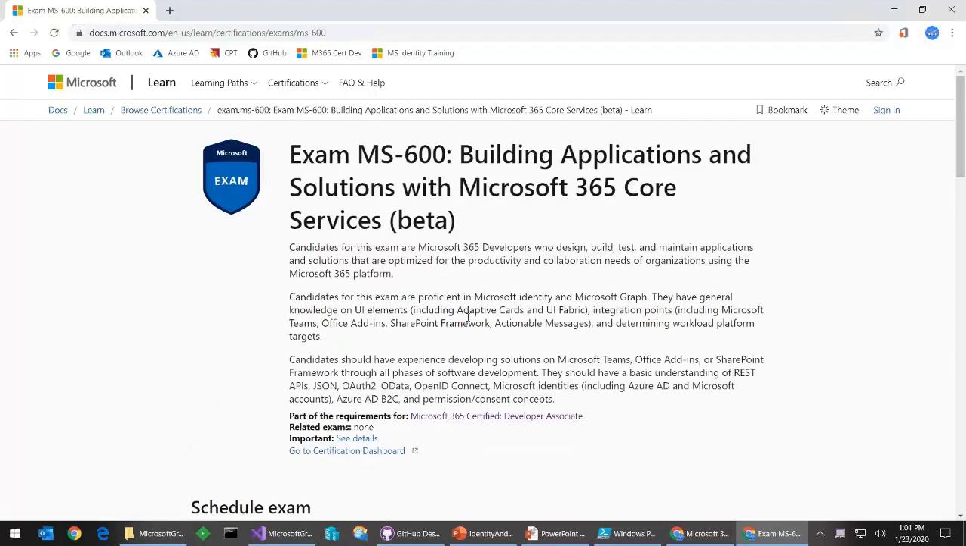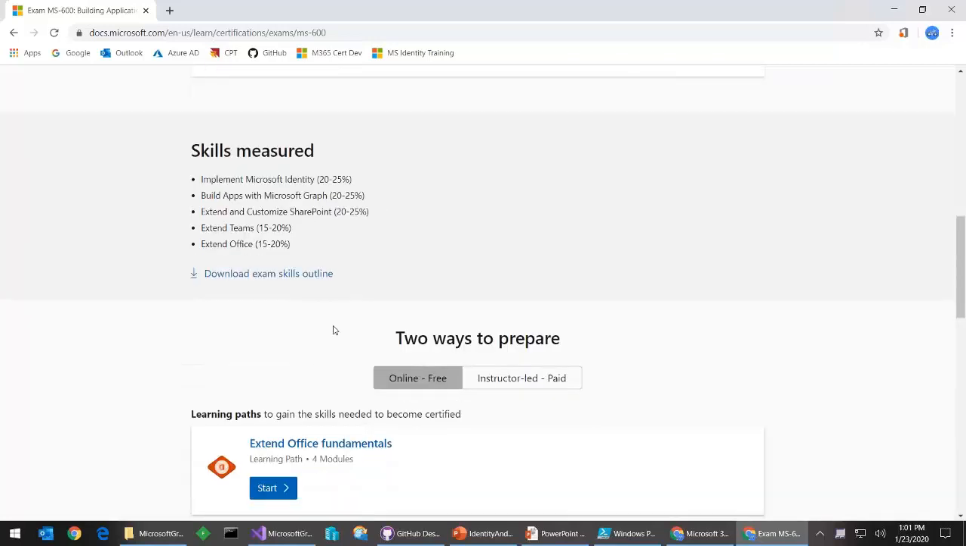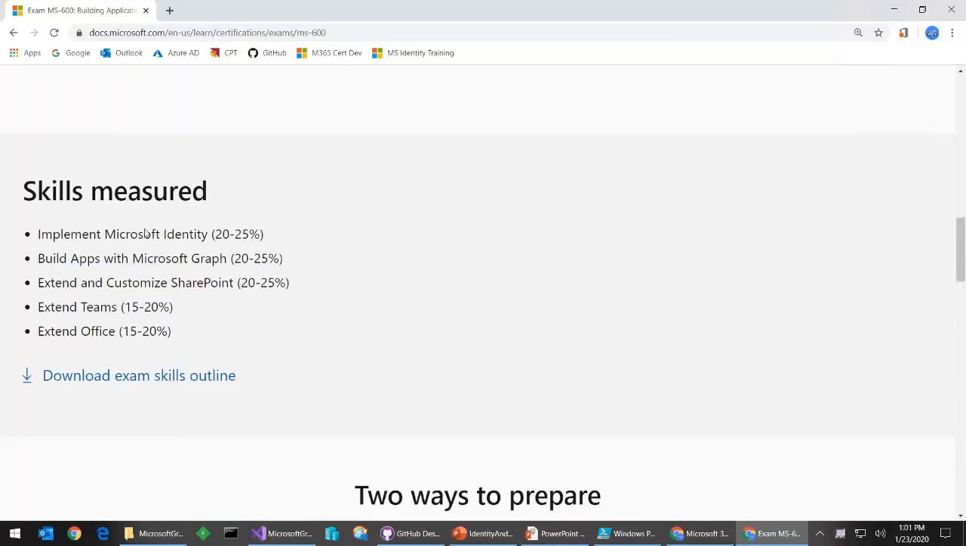There is an exam that is in beta right now, and you can take it now. If you know the topics at hand, they're sometimes more forgiving in the beta cycle. So if that's something you want to do, feel free. Also note that there's quite a few topics here, of skills that are going to be measured. There's a downloadable PDF file, where we can see what the actual skills are going